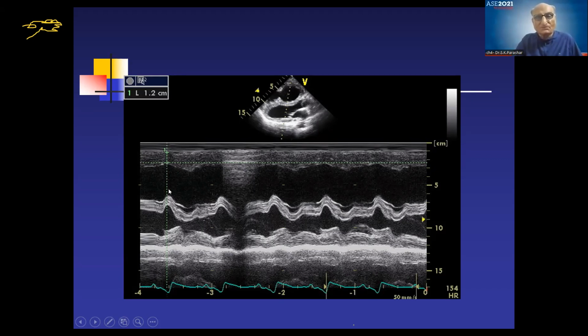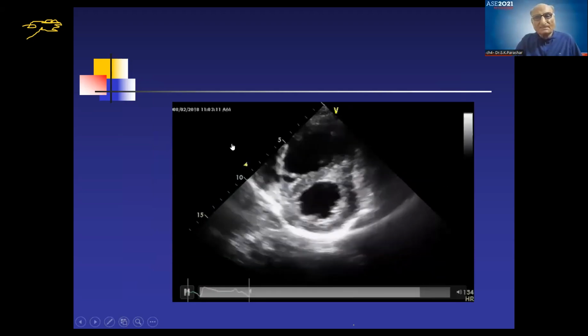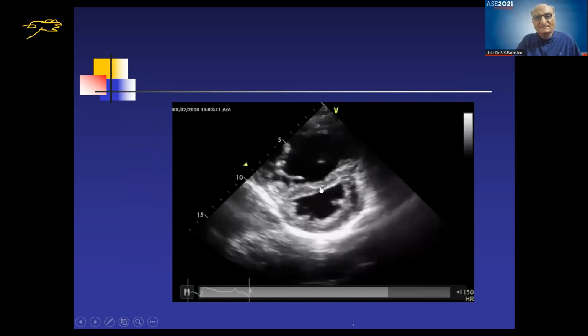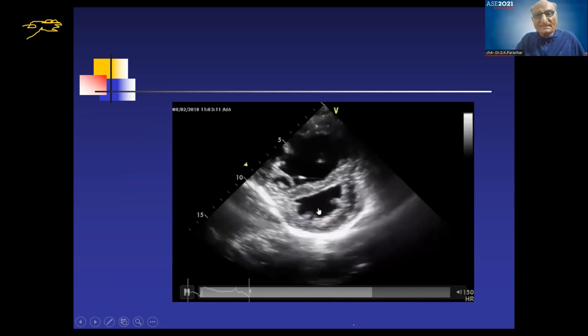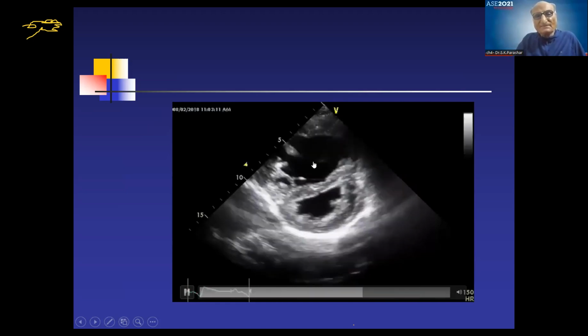So this is known as out of phase motion, and the RV is hypertrophic. In the same patient, when you have been shown pulmonary hypertension, one of the very classical signs is a D-shaped ventricle. This is the RV, because normally the LV pressure is more than the RV. And that is why in a normal situation, the LV pushes the septum, and this is more of a convexity